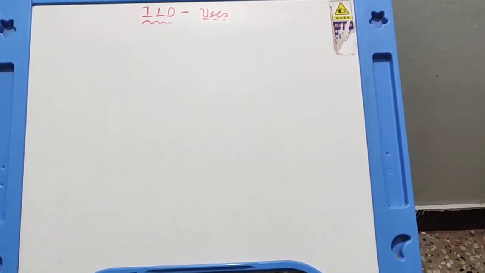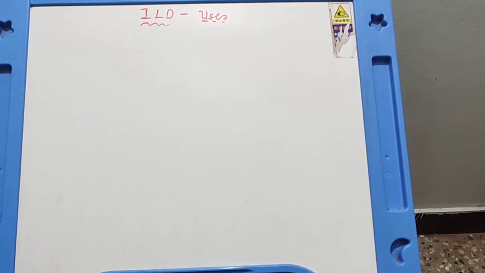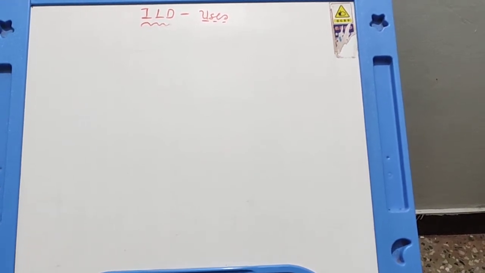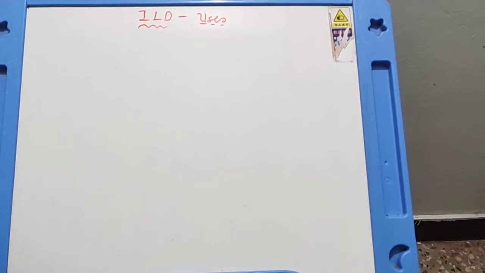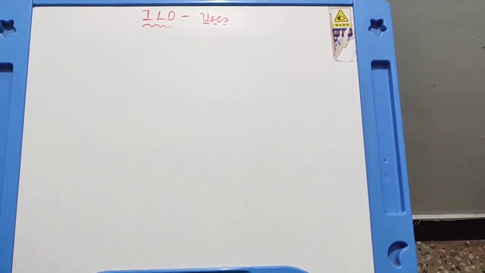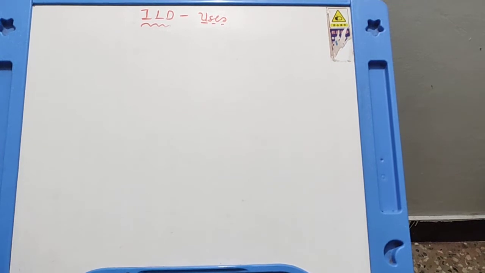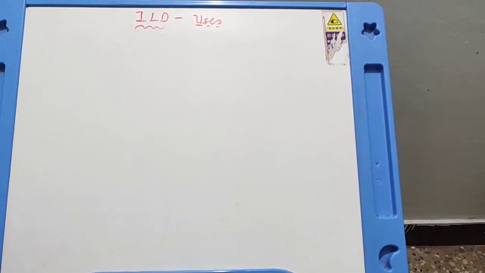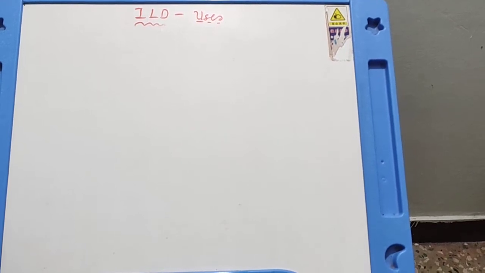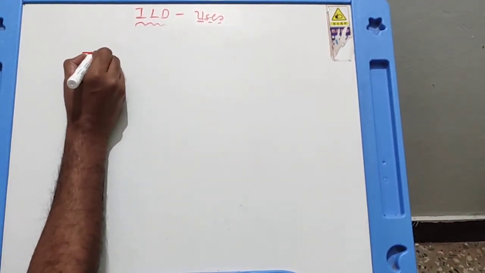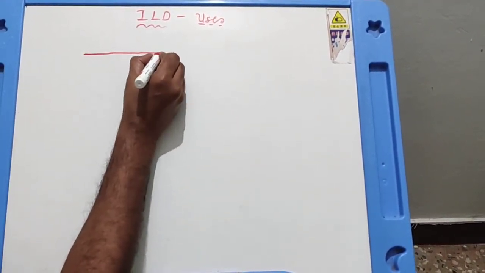In the previous session, we had seen how to draw influence line diagram for bending moment and shear force by direct method. Now in this session, we will take simple applications of the influence line diagram, like how we can make use of the influence line diagram in finding forces or in finding reactions. So let me take one simple example. We will go step by step.